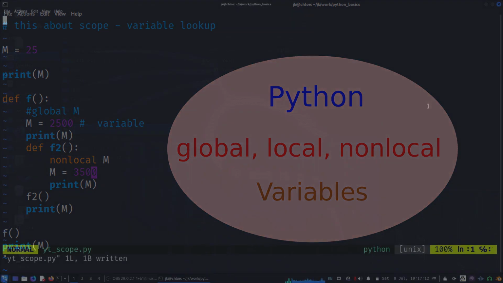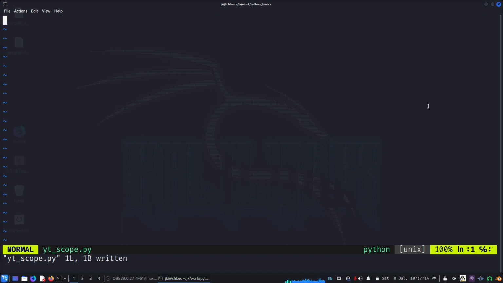Hello everyone. Today we will look at the idea of scope in Python. So let us start by writing a Python script. So this is about scope